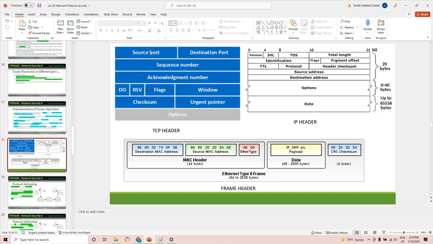Okay, what is the size of the source port? Port number, 16 bits. Okay, can I make it 32 bits? No, not possible. Source IP is 32 bits if it is IPv4. Can I change it? No, it is not possible. Everything is fixed. So please understand,